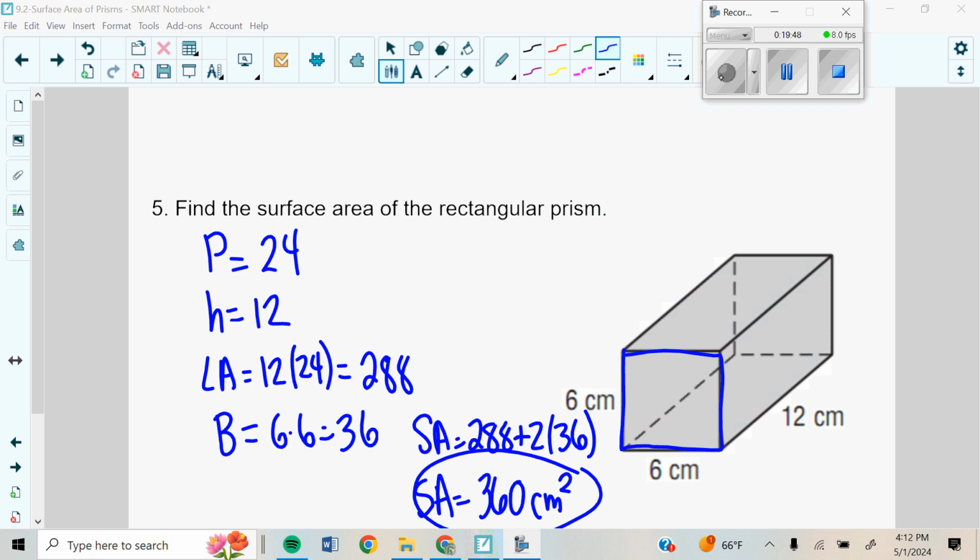All right, take a peek there, see how you did. Perimeter, height, lateral area, one base area, and then surface area. Yep, that's one base area. Okay,